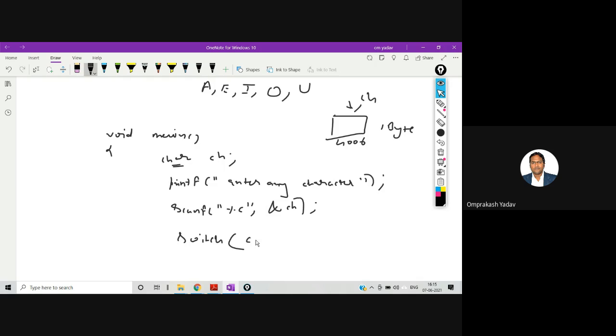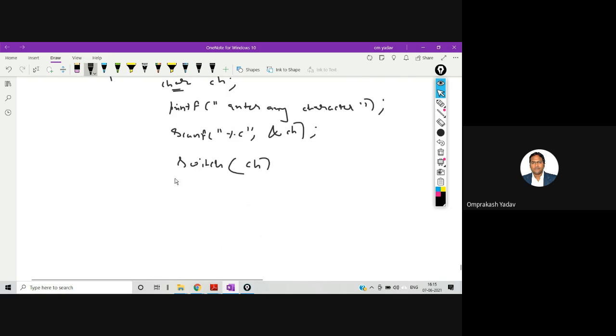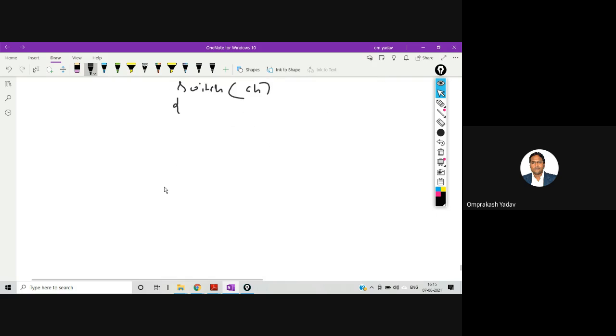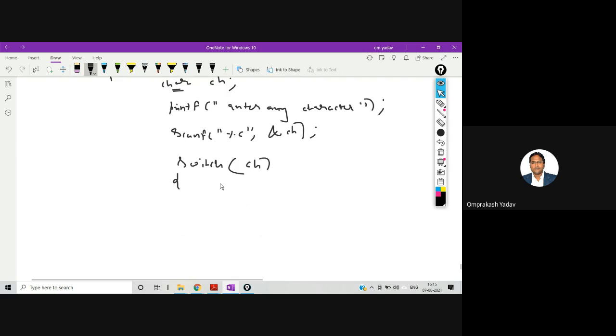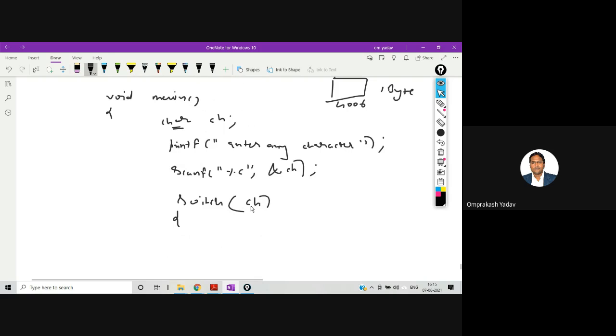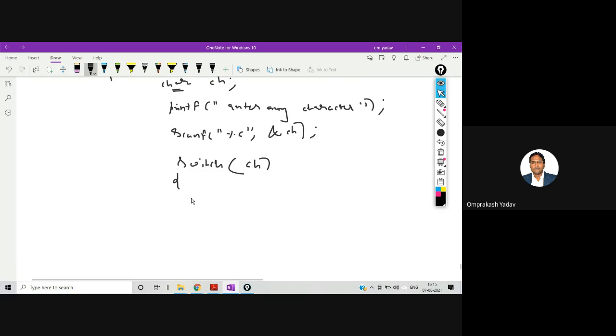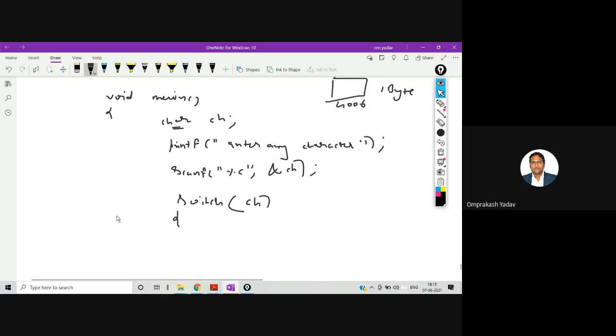Now after this, what we can do, we can say switch based on the value of ch. Now you will tell me that just now you told that inside the switch there has to be an integer value, but here you are taking a character value. So how will it switch? See, when we are writing a character value, it will convert that character to its ASCII value, right? So it will have a certain ASCII value, and based on that it will jump to that particular case. But here also I'll be writing the cases like this. So for example, I'll write the first case as capital A.